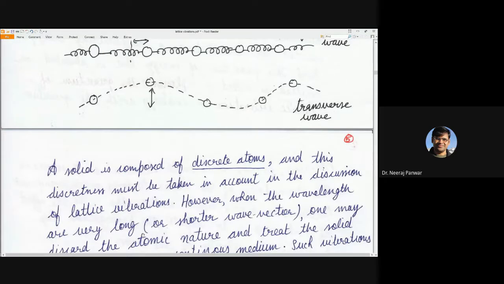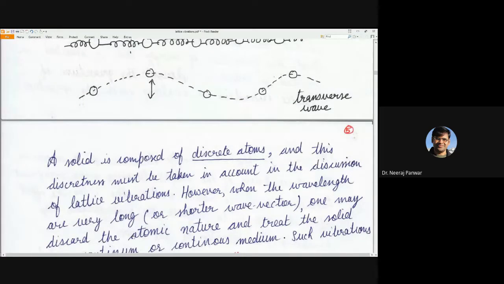So if the wavelength of this lattice wave is very large in comparison to the interatomic distance, the wave vector would be smaller because the two are related. K is equal to 2 pi upon lambda. So if lambda is large, K would be smaller. So whenever the wavelength of lattice vibration is very long, or in other words, the wave vector is small,